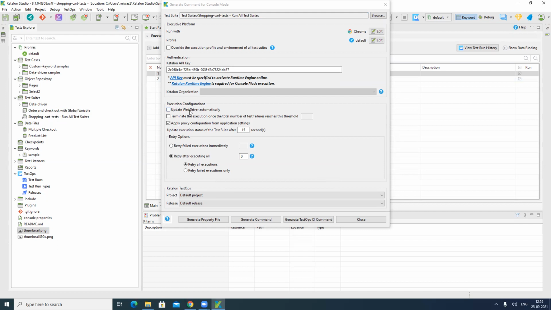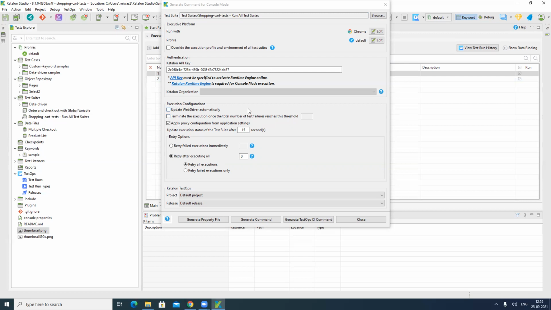Now the execution configuration. If you want to update the WebDriver, just check this box. It will automatically update the WebDriver for you for that particular browser, because there are always updates in the WebDriver. You don't need to bother about that. Terminate the execution once the total number of test failures reaches this threshold.